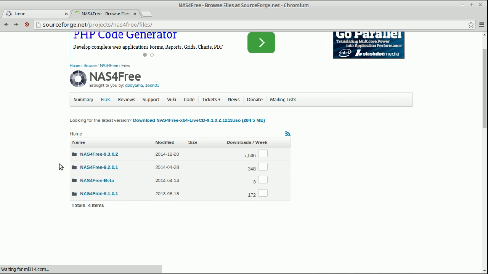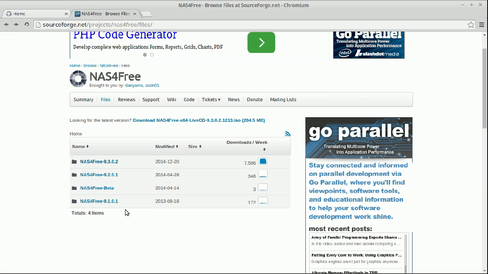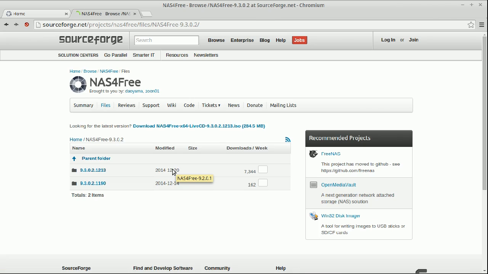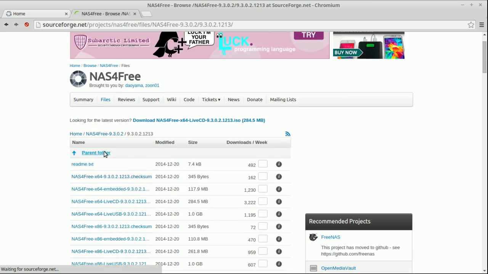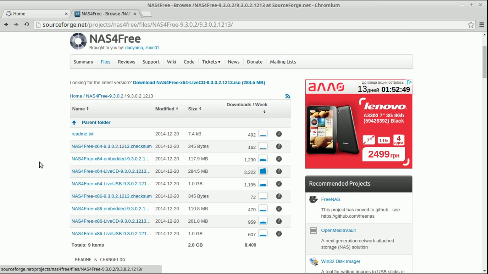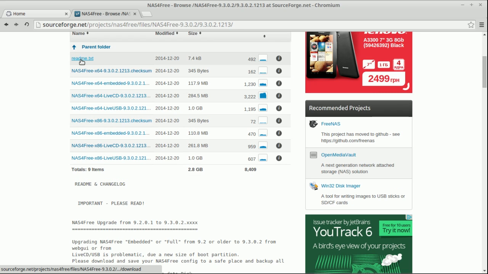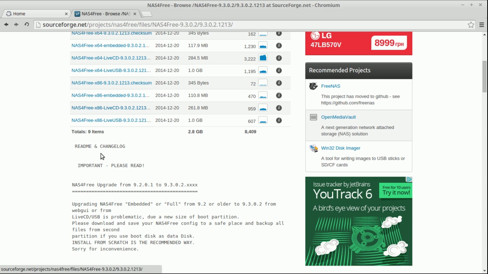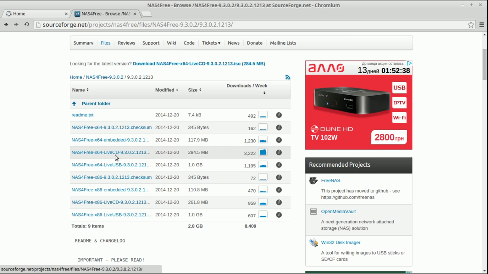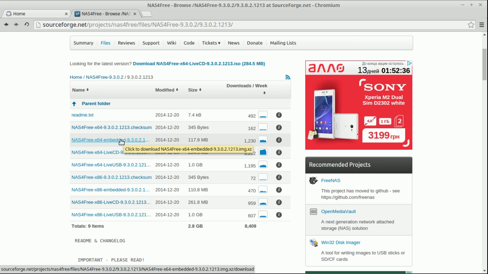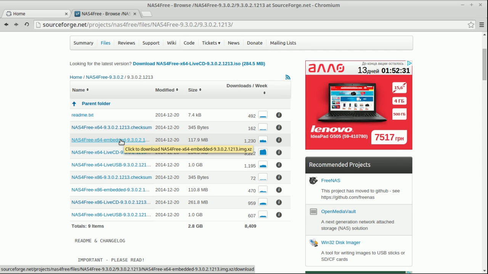So here we can see the list of the available versions. We will take the last build. So here we can see a list of files. First comes README. It has pretty useful information. It is listed right here. The other ones are checksum and files embedded,